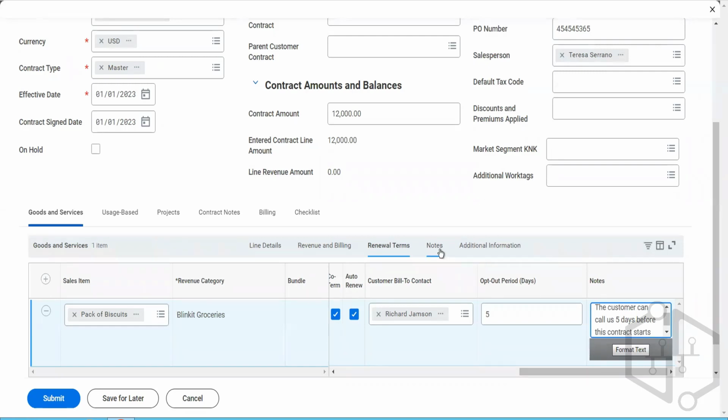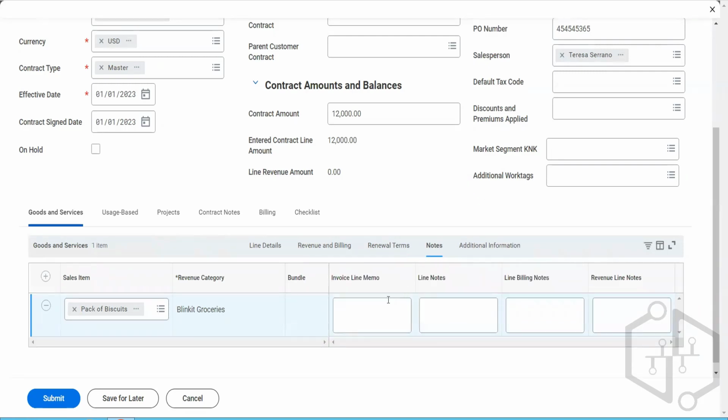Then we go to the note section here. Now these are different line memos. So at the line level of the invoice, what memo would be printed? Line note section, what notes would be? So remember, there's a note section in the invoice line document. So line billing notes, when the billing would happen, what would be the notes? Revenue line notes. So to segregate all this to see in different UI and sections, let's write down